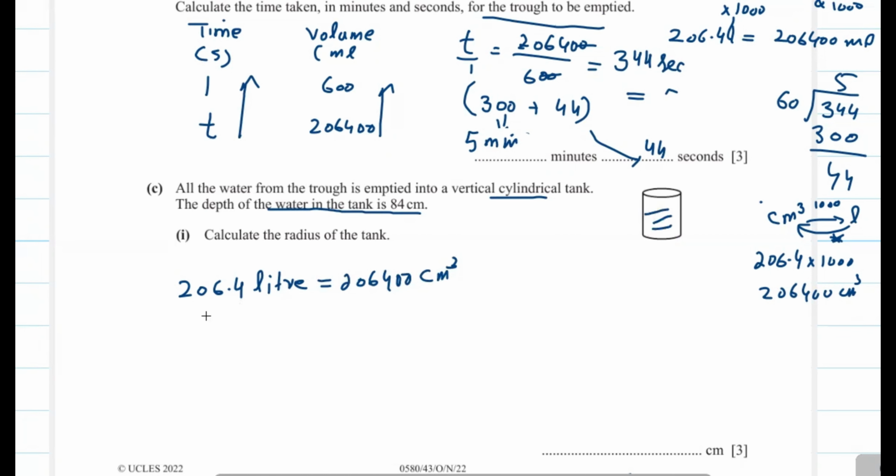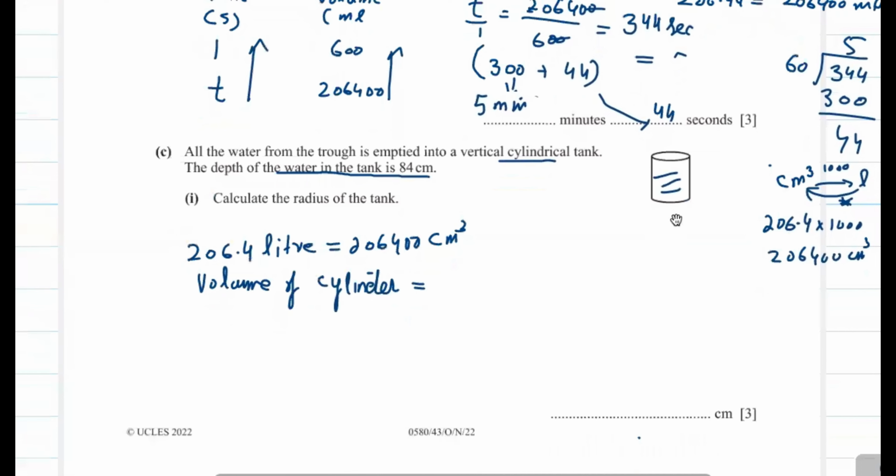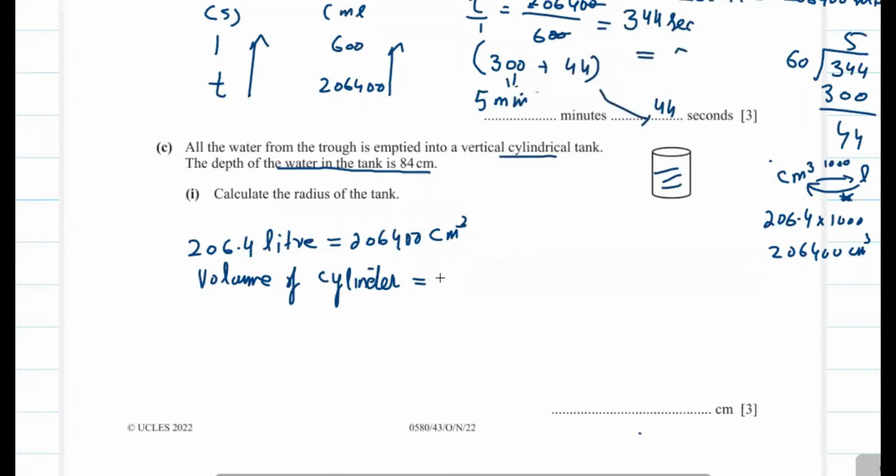Now the volume of the cylinder is equal to the volume of water we transferred into this cylinder, and that is equal to pi r squared h. Now you can see here 206,400 equals pi, which is 3.142, times r, the radius of the cylinder. Now we have to find the radius of the cylinder, multiplied by the height. This depth or height is the same thing. Now we write it as 84. Now r squared will be equal to